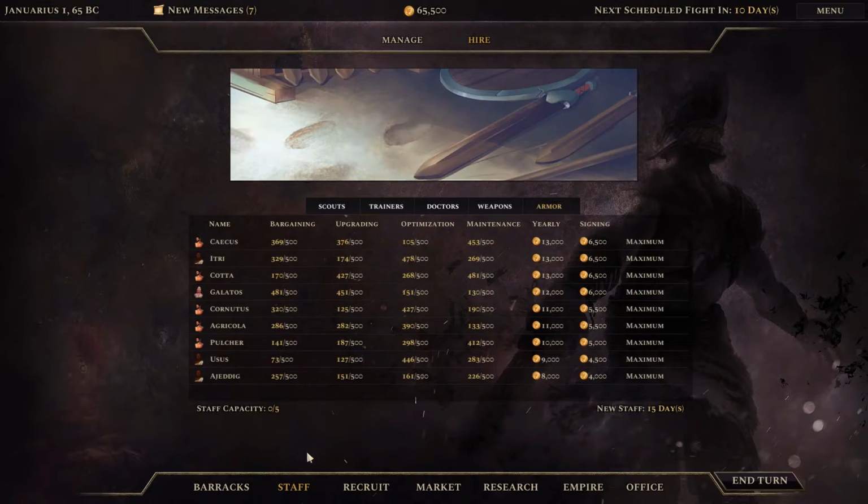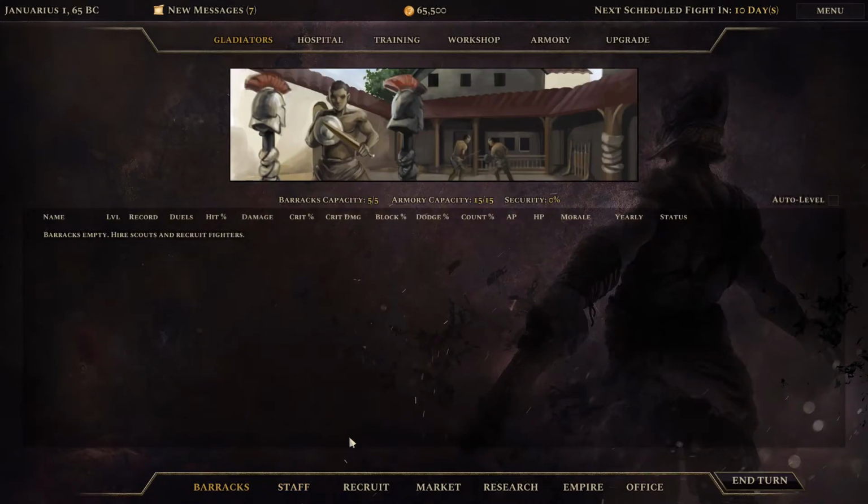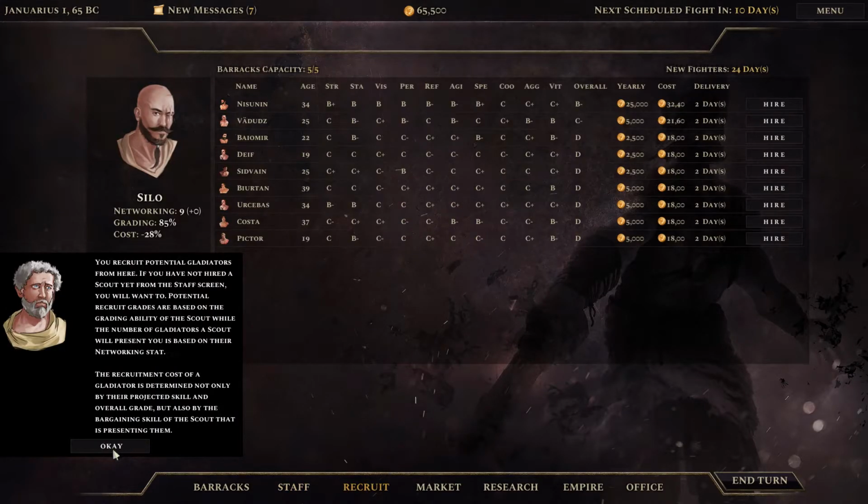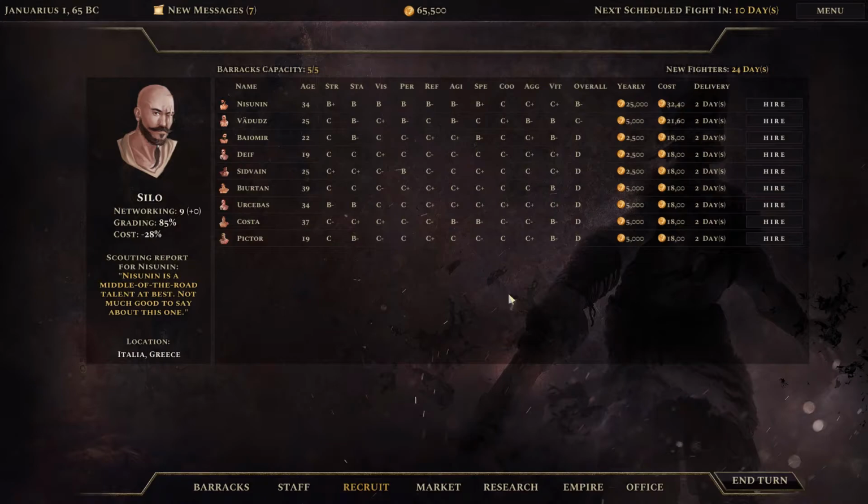Let's just try and go for a strong start. Now, for the most important thing here. The most important thing is, of course, getting... Didn't I get the scout? I got a scout. Oh yeah, I gotta recruit somebody. Okay, the most important thing is, of course, the